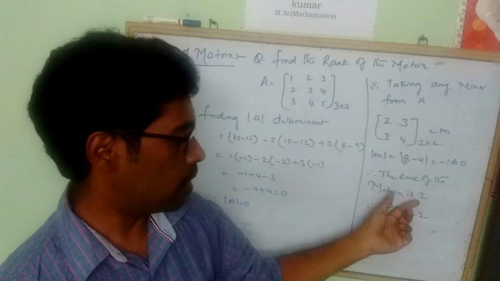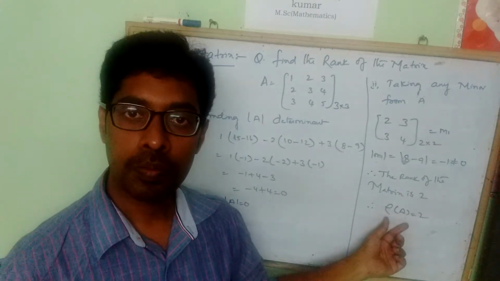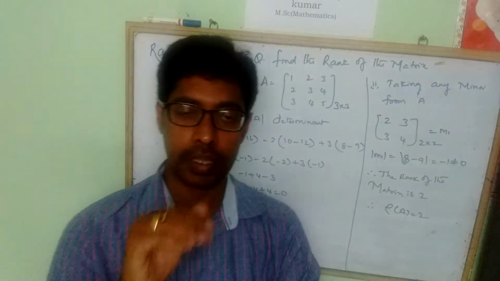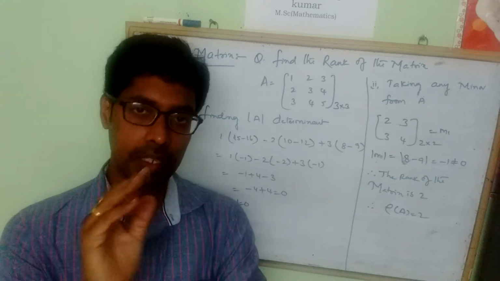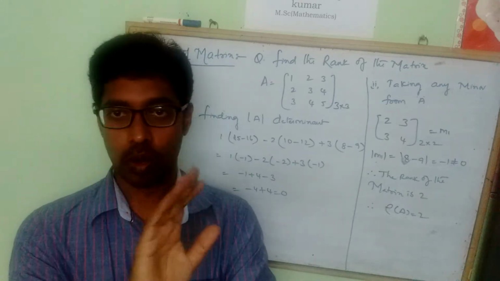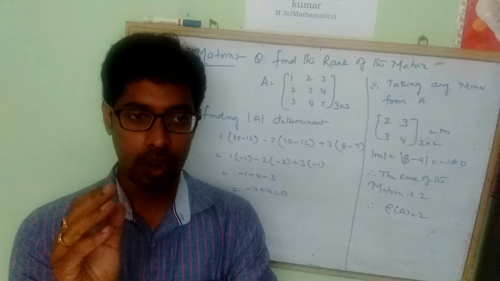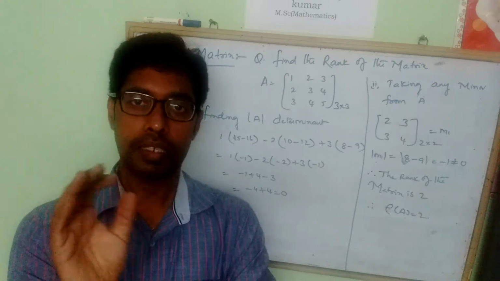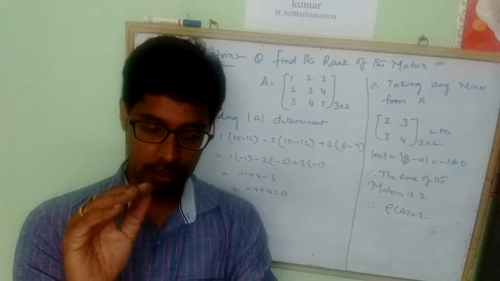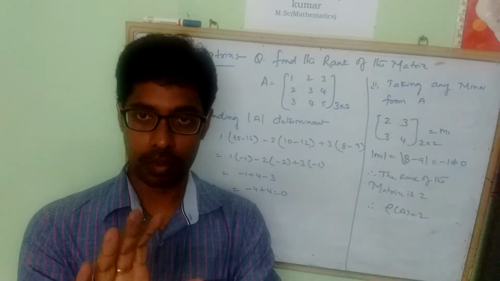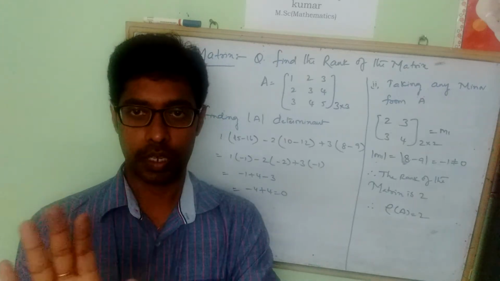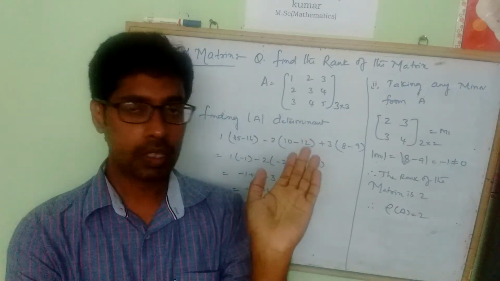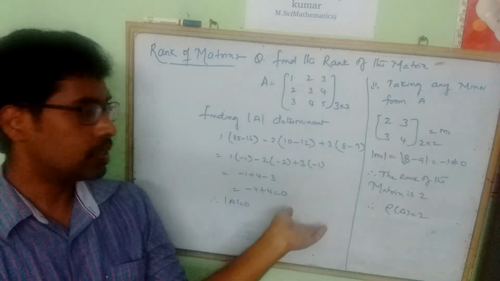The rank of the matrix is denoted by rho of A. Okay, guys, so understood. The given matrix is 3 by 3 order. If the determinant is 0, then the rank of the matrix is not 3. Whatever the order of the matrix is, the rank will be that order or less than that. It will be either the order of the matrix or less than that, but not more than that. So in this, the first step fails, right? Because we did not get the rank for the 3 by 3 order.